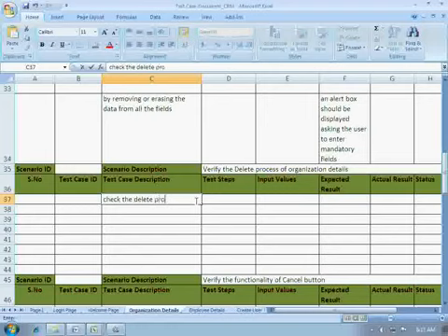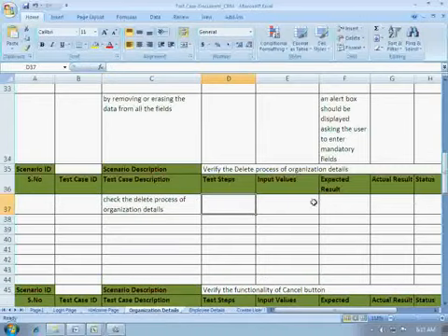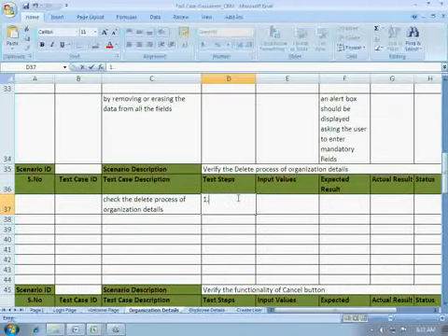Check the delete process of organization details. This is our first test case in deleting organization details. The first test step would be click on delete link.